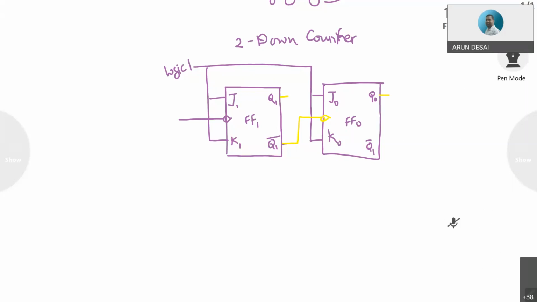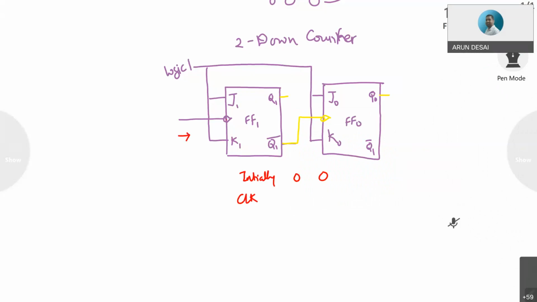So what basically is there, that we'll see. So initially it is 0, 0, right? Initially it is 0, 0. When you apply the clock pulse, first